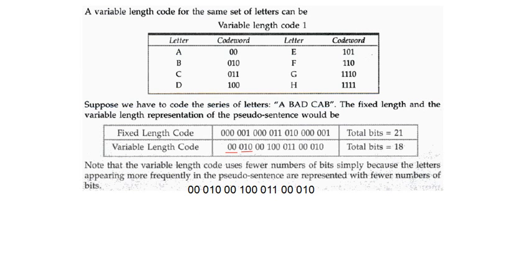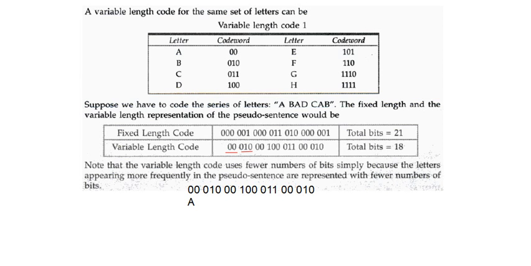First we are going to receive binary 0. In the dictionary no letter is represented with binary 0, so we will wait for the next bit. Once after receiving the second bit, now the set of bits together is 0 0. 0 0 is assigned for letter A. So we can now decode 0 0 as A.